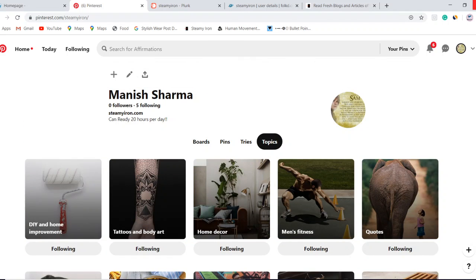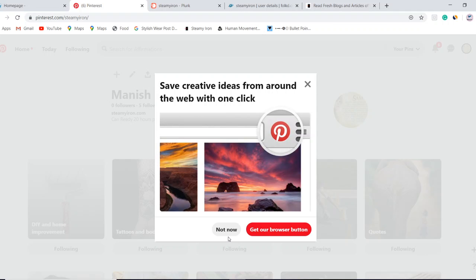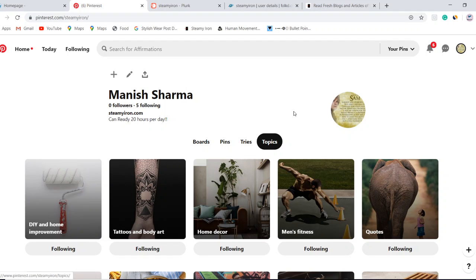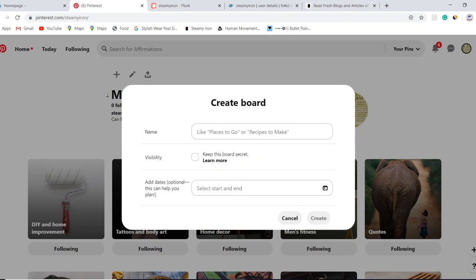If I want to post the content, I have to click on the plus sign. Here it is. Now again on the plus sign, and what I'm going to do here is create a board, because I have created a profile of my own name.